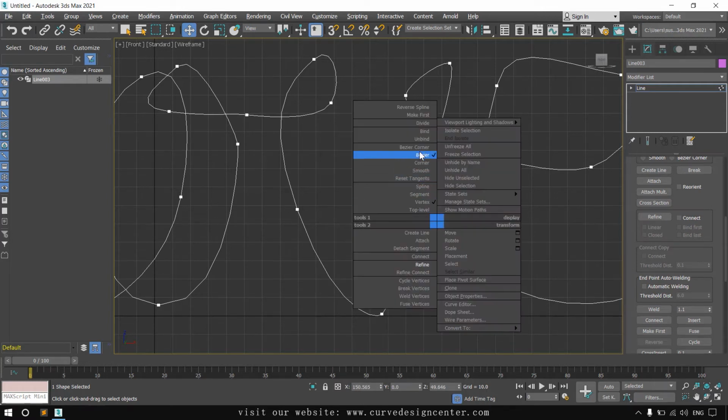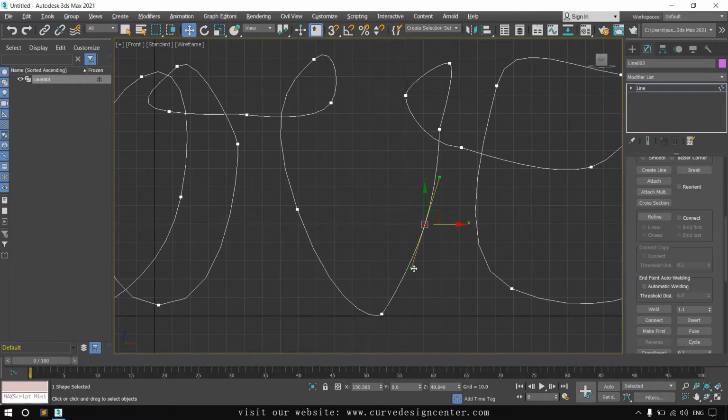But if you choose Bezier corner, only one direction is active at a time like this. I try to move this tangent in the up direction, but it's not moving because the axis is locked. So I double click on this square. Now I can move in any direction like this.